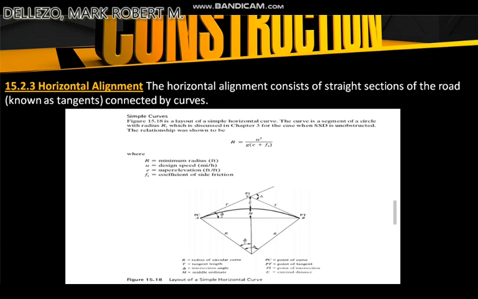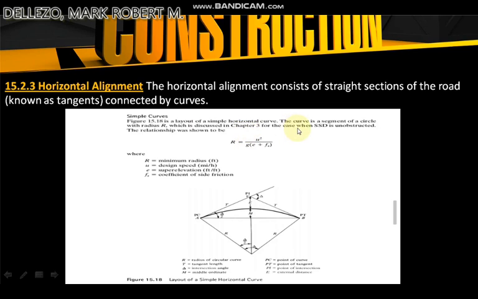So next is the horizontal alignment. The horizontal alignment consists of straight sections of the road known as tangents, connected by curves. So, simple curves. Figure 15.18 is a layout of a simple